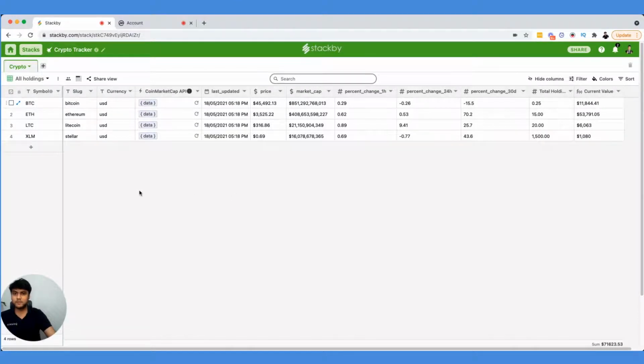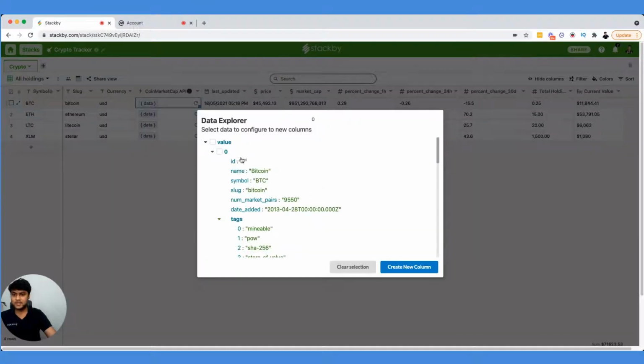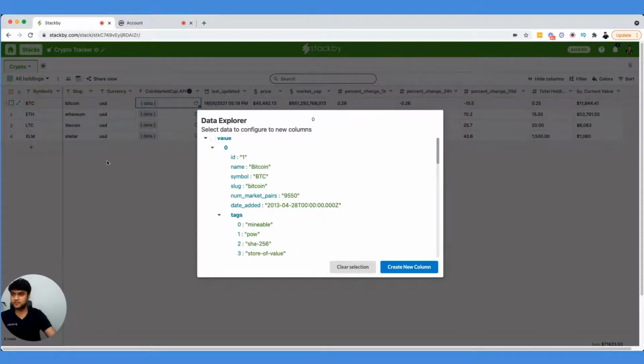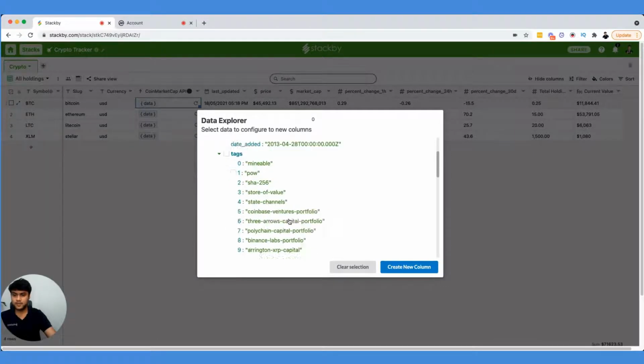Basically, once you apply, it brings all of the information. You would see that all of this information is changed. What this does is you basically click on the data explorer, and it gives you the JSON response of that particular slug.